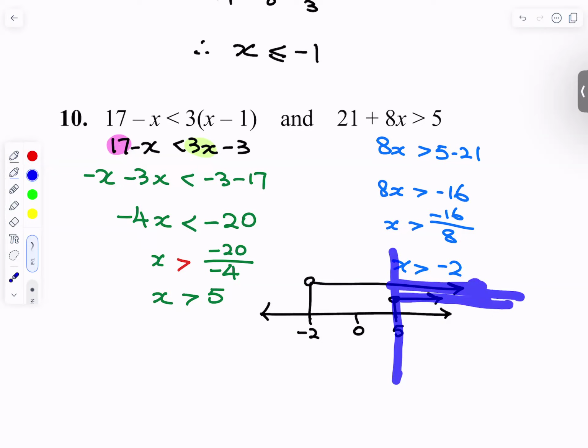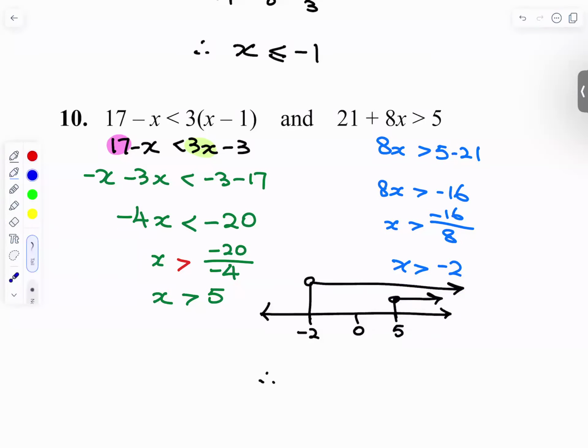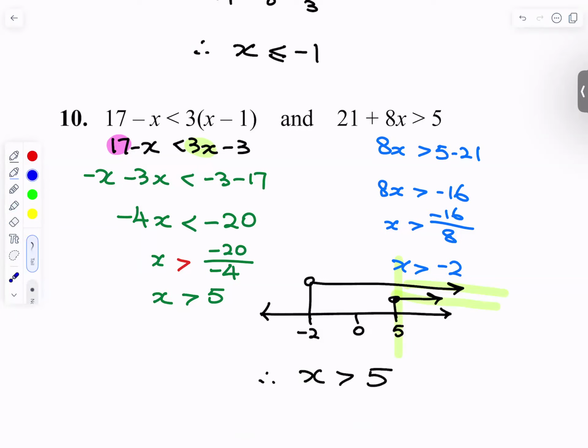Okay, so both of them are going to the right side and being together. So the final answer, after the drawing, you find the final answer, which is starting from this 5. They are together. So answer will be x greater than 5. And then by looking at this answer, can you tell me the 最小整,